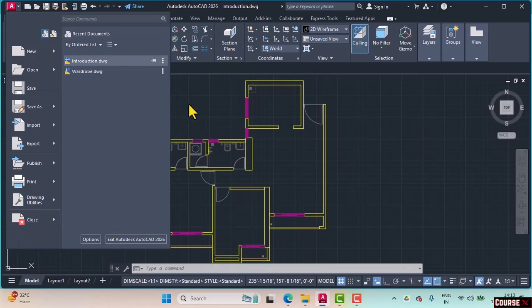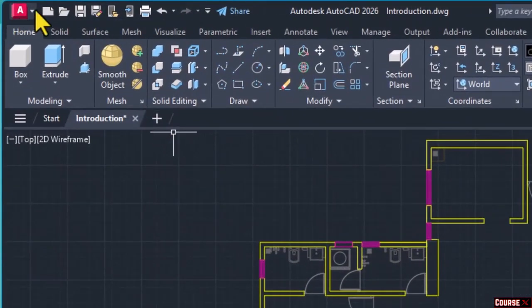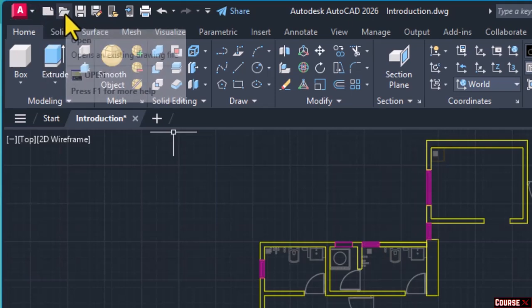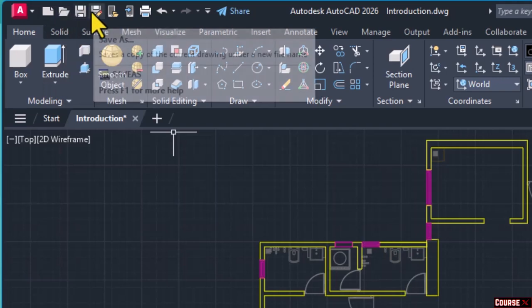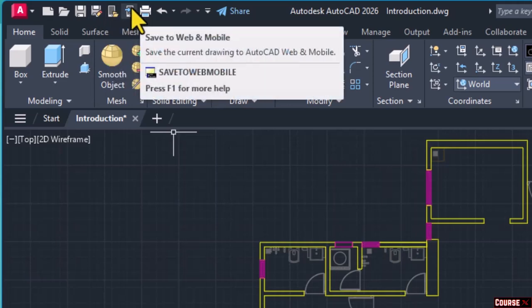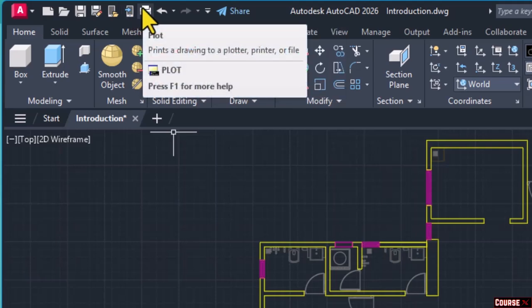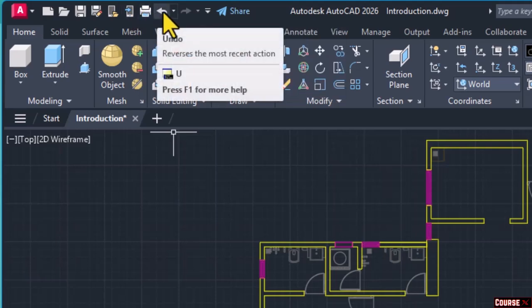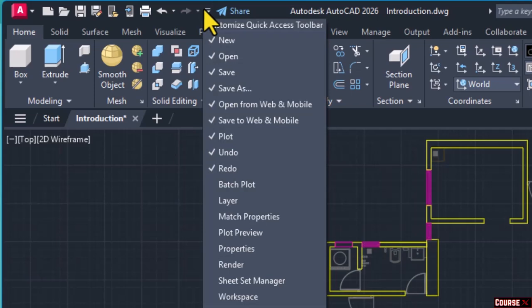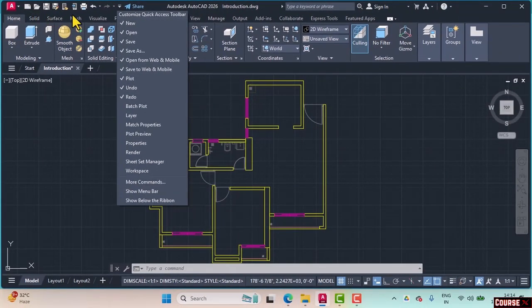versions of AutoCAD. Then next to the application menu on the right, you get options like new, create a new file, open a file, save a file, save the file with a different name, open from web and mobile, save to web and mobile, and plot. You also get options for undo, redo, and then there is a flyout which you can use for enabling or disabling options over here. So this area is called the QAT, which is the short form for quick access